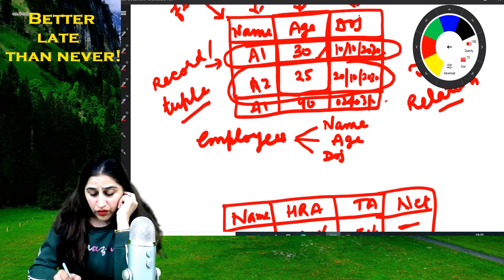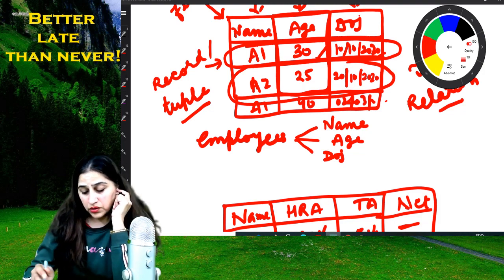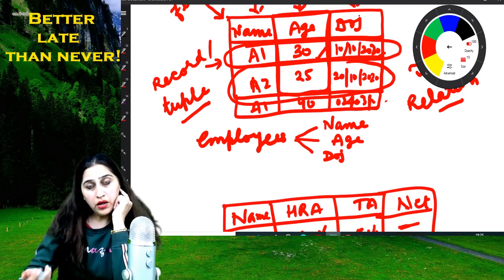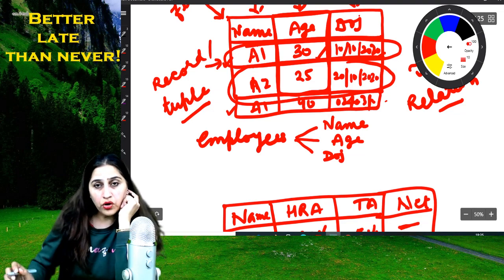Now A1 and A1 both have same name. If someone asks the detail of A1, how will I come to know that A1 is this first record or this third record?